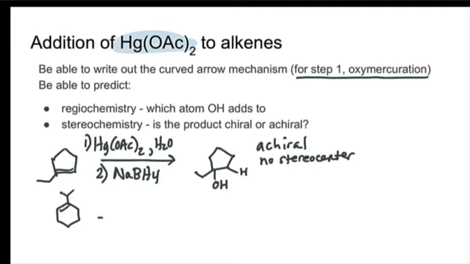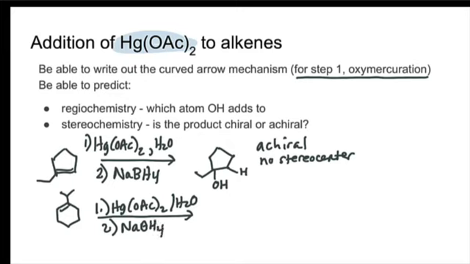So another example might look like this. I've got my mercury diacetate in water, and then in step 2, sodium borohydride. So again, I'm going to predict that the OH adds to the more substituted side of the carbon-carbon double bond, and H goes to the less substituted side of the alkene. So those two are very similar, and let's do one more that